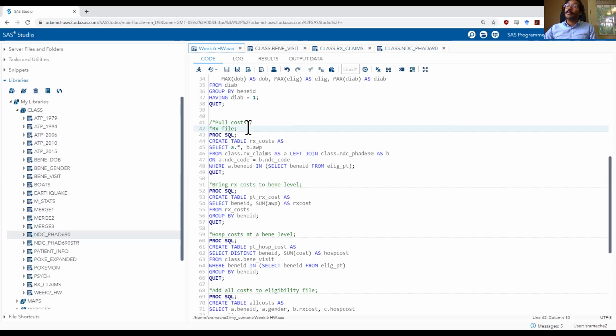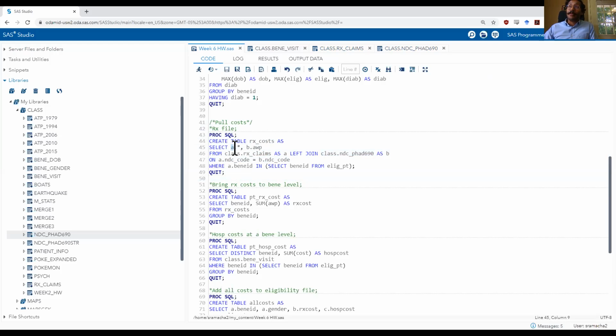So I have written a little bit of proc SQL code to basically merge my RX claims file with the NDC file and bring my cost variable into the RX claims file. So you'll see here I'm creating a new dataset called RX_cost, from RX claims on the left as A. I'm using left join. I've told you this before, I prefer to use left join almost every single time I do a join, just because it helps me think through the process clearly and avoid errors. On the right side, I'm using my FAD_690 file as B.